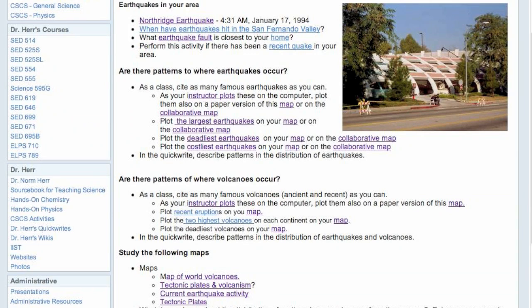They will see if there are any kind of patterns, first of all. In other words, before you're going to construct an explanation, you have to see if there's any pattern. They could then do the same thing with volcanoes. Or the instructor could do that as well. So for example,